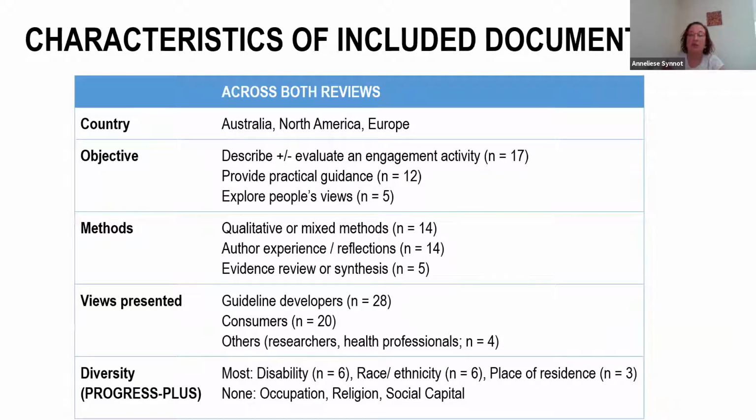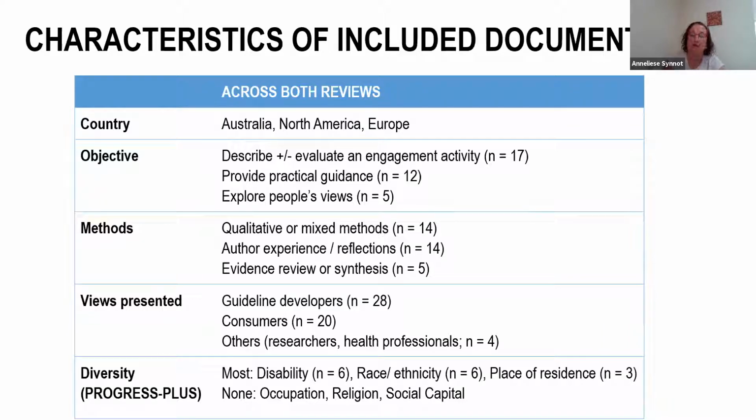So the documents we found came very much from high-income countries. There was quite a range of types of documents, or the objective that those documents had. There were a bunch of documents that were describing and sometimes evaluating an engagement activity that had been implemented in practice. Another group provided practical guidance,